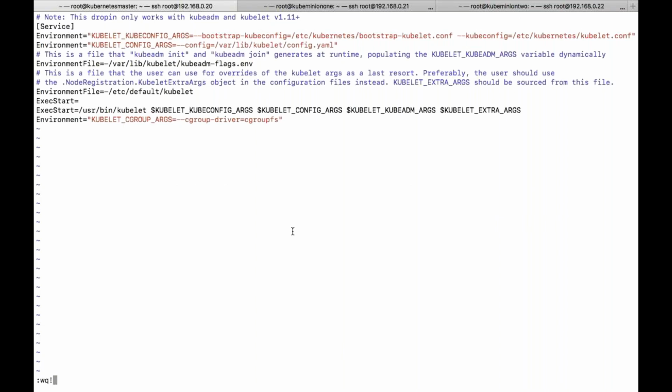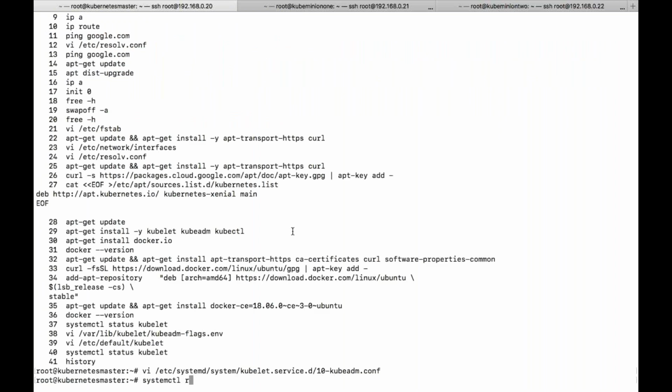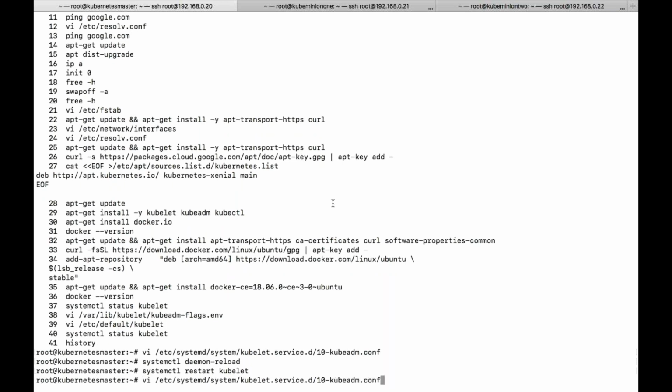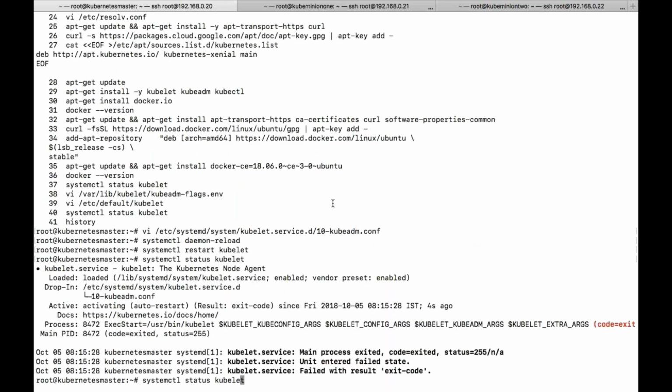After that, we need to reload. Now you can check the status. It will try to start it. If you want live information, we just need to give watch, and it will get active.